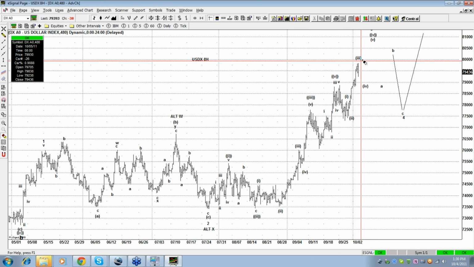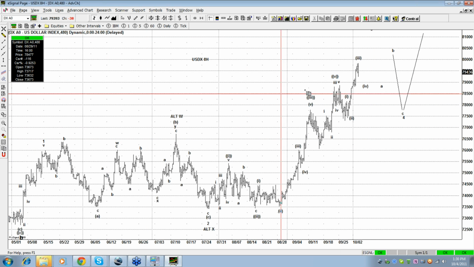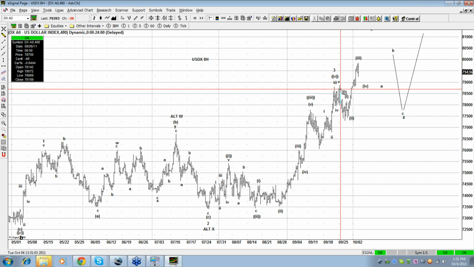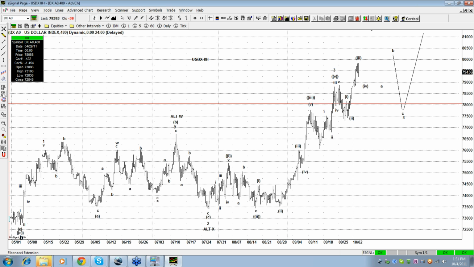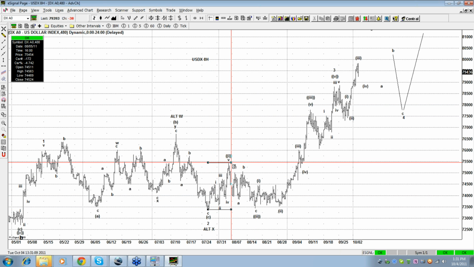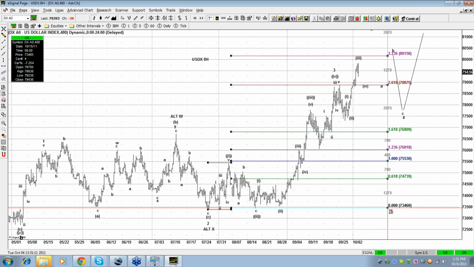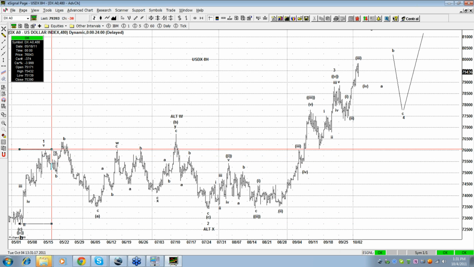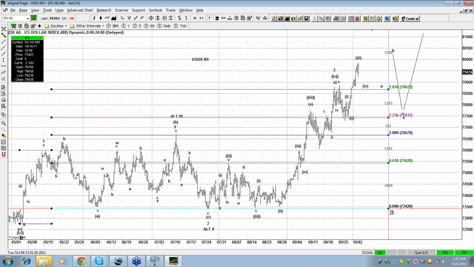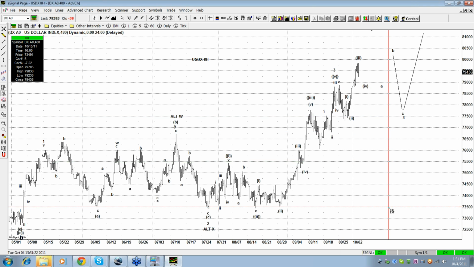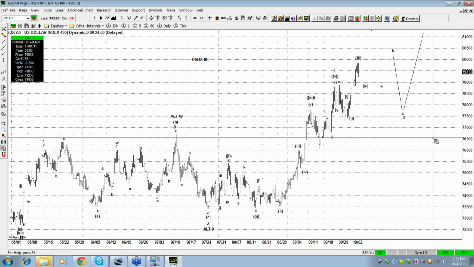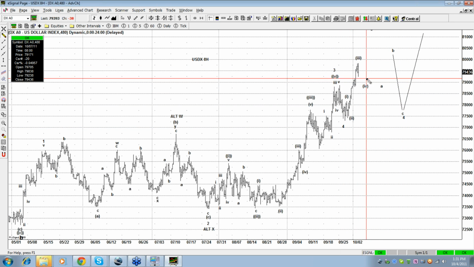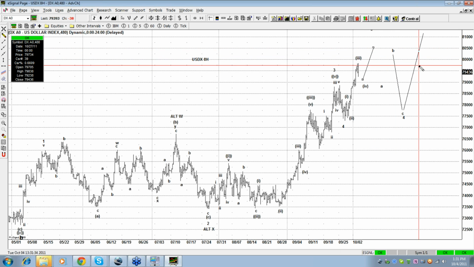You guys remember me talking about that, right? On the forums, I know I had done that. And then these 3 right here, and this high right here is the 2618 of this, but also the 1618 of this one. And then I believe that this is the one, to be honest with you guys. Seeing the S&P now, after this high right here,